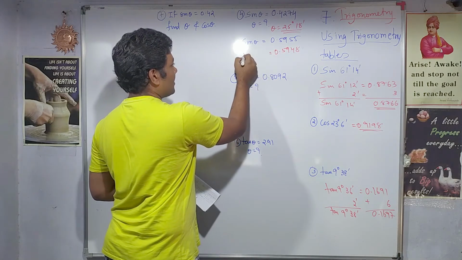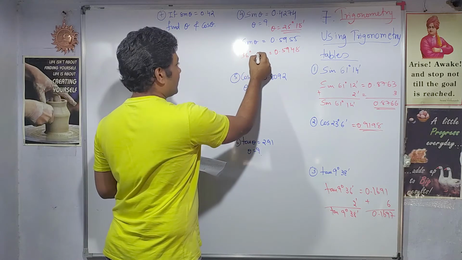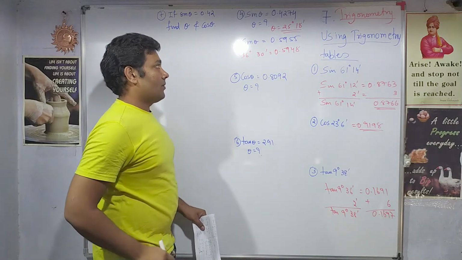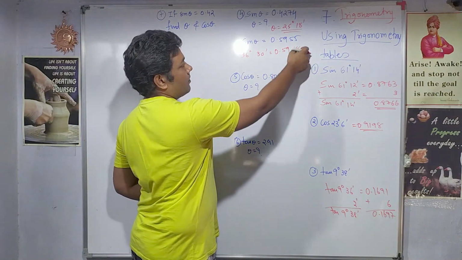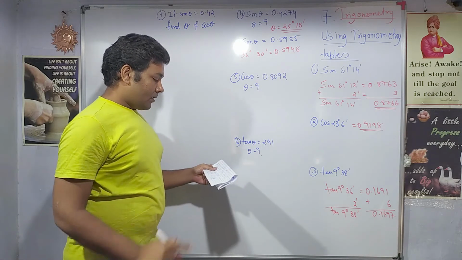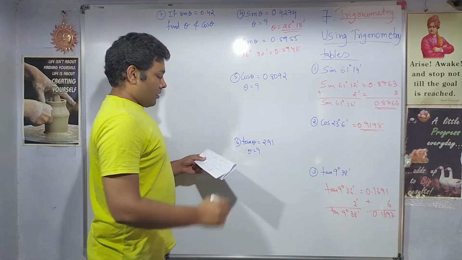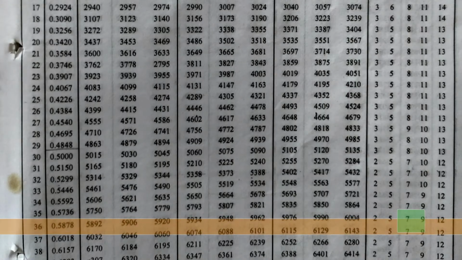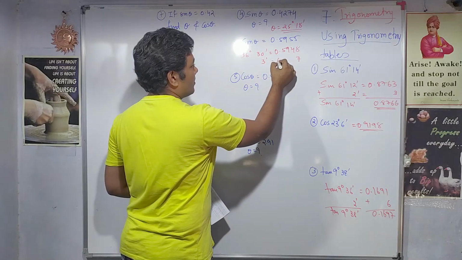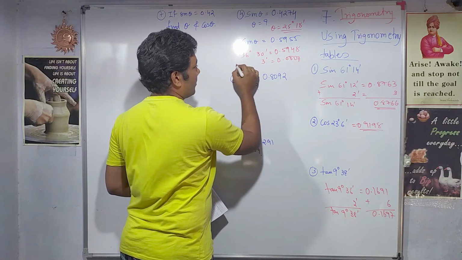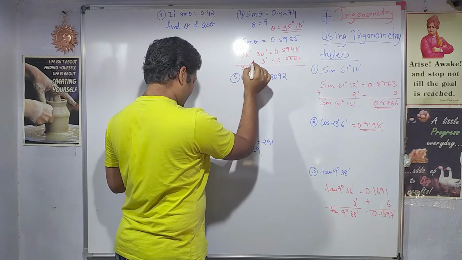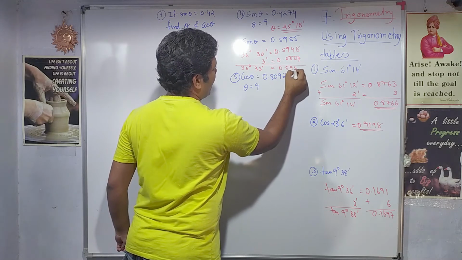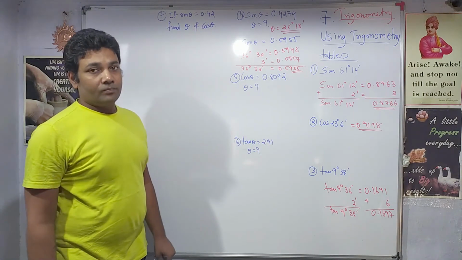This value we obtain as 36 degrees 30 minutes, right? Now if you see, I'll have to add 7. If I add 7 to this, I'll get the perfect value, right? So go to the minutes table. In minutes, if you see, 3 minutes corresponds to the 7, right? 7 means 0.0007. Add. So 36 degrees 33 minutes gives 0.5955. I got the answer.